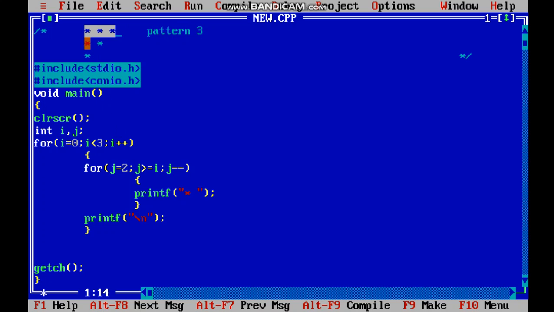Now j equals 2, let's check the condition: 2 is greater than or equal to 0. The condition is true. Now it says print asterisk and space. We printed an asterisk and a space.